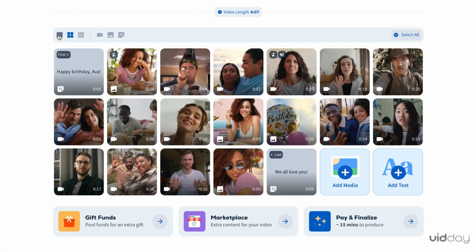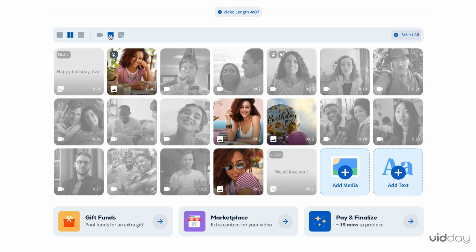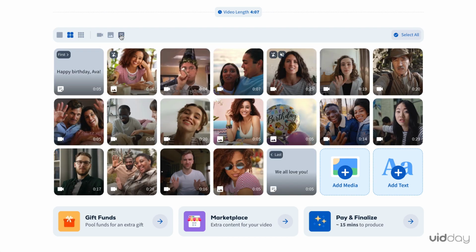Above your media gallery, you'll see a toolbar. You can change thumbnail size or highlight certain types of media, which is helpful when you want to focus on specific content. Click once on one or more media to reveal quick controls, which let you access editing toggles directly from your event page. This makes it easy to do bulk actions, like adjusting how long photos are featured, muting audio clips, or fading background music while certain media are featured.